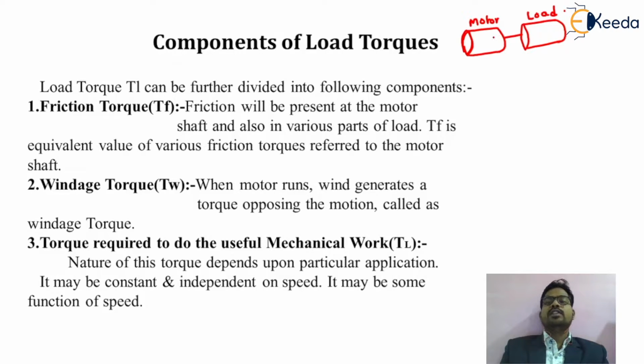Obviously this will be the motor, maybe a DC motor, maybe an AC motor, which will be driving different types of load. That load may be a pump, a mixer, a grinder, or a residential operation. This motor will drive this load at a certain rotational speed, which we call the angular velocity. The torque of such a motor is called the motor torque. The direction of that motor torque remains the same as the angular velocity.